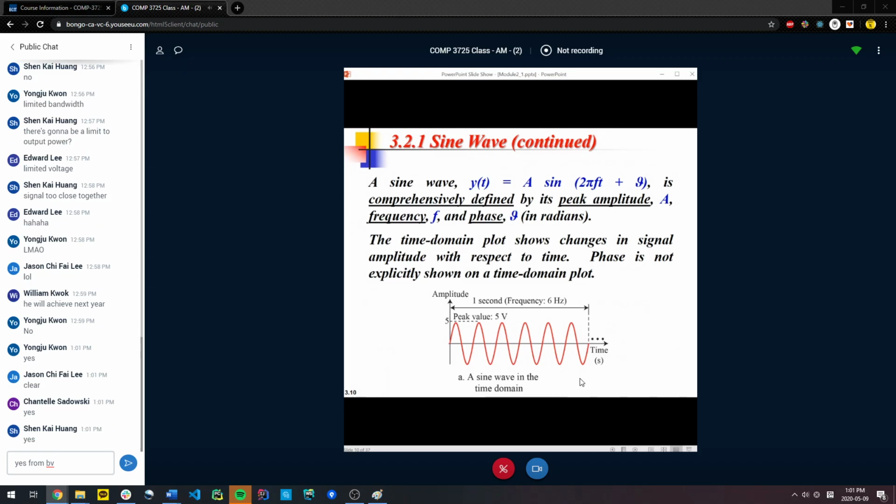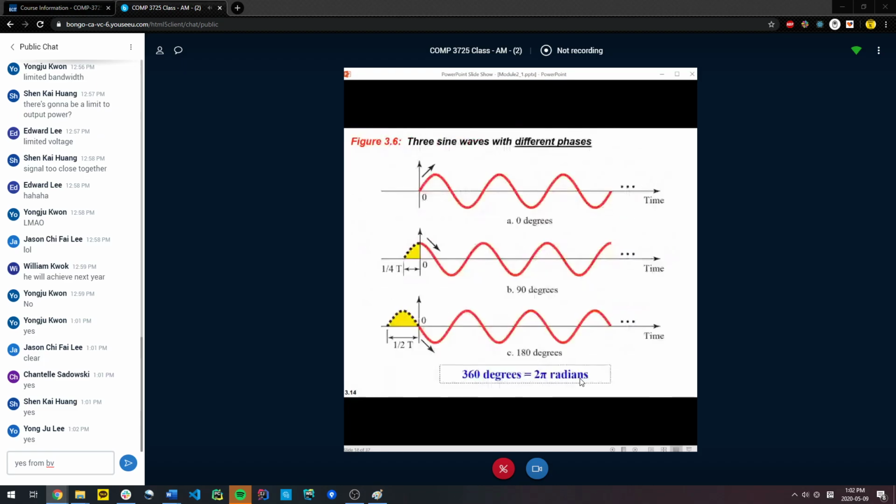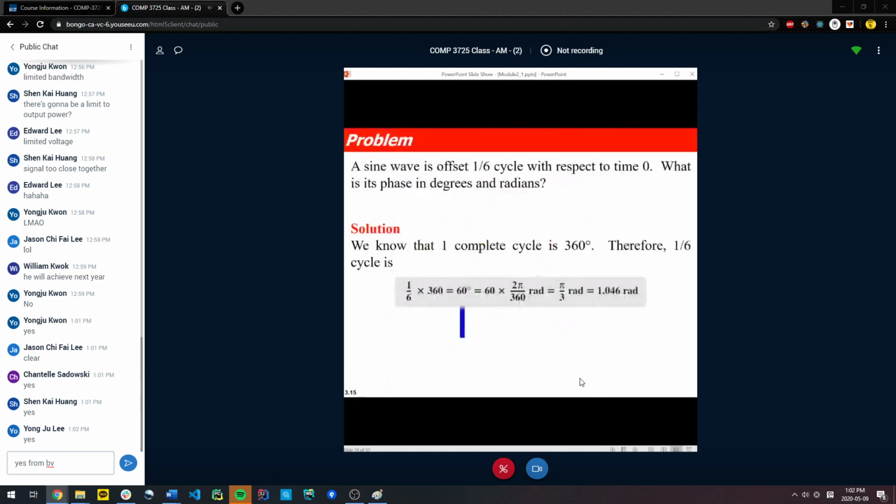Okay, and then we'll continue on with this next week as we try to unravel all of these analog and digital signals. So the quiz, as I said, will cover up to slide 3.14. And if you want, you can take a look at the example, which covers us to 3.15.